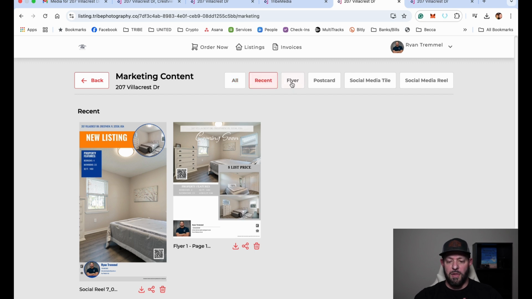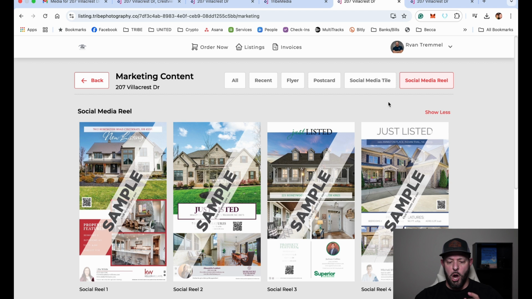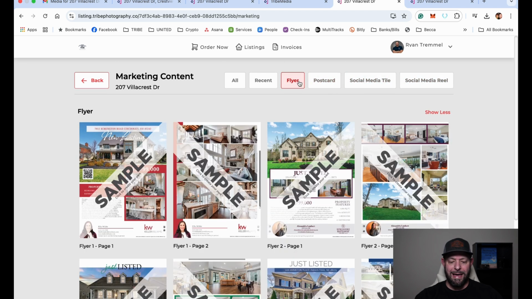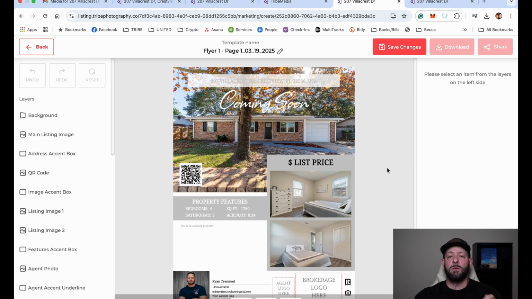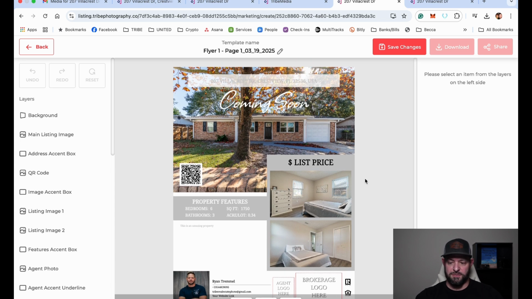So you have recent flyers, postcards, social media tiles, social media reels, all of it is going to be preset and ready for you to go. All you have to do is click on it, and it's going to auto-populate with all the information that you already placed in the single property website. So it's 6 bedrooms, a 3-bath. The description is going to show, your logo is going to be down here. The pictures are auto-populated. The address is auto-populated, and yet you can still make changes to this flyer if you